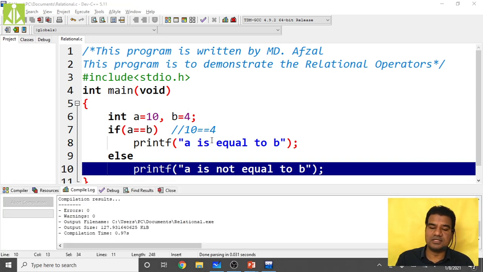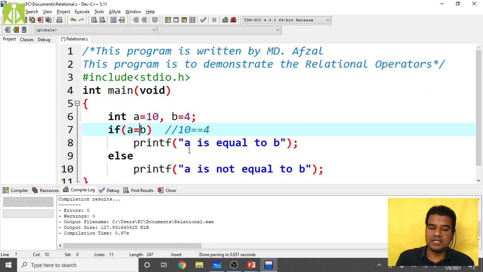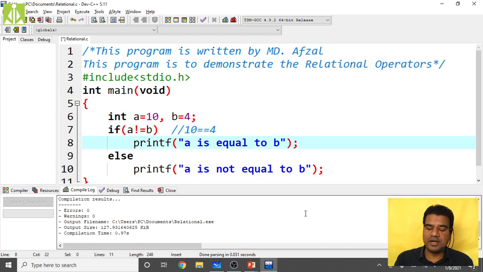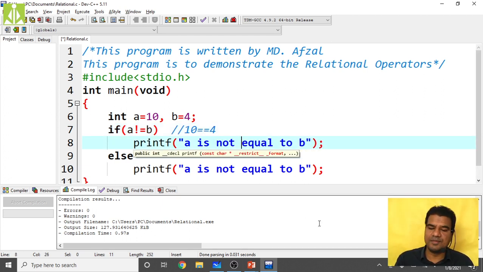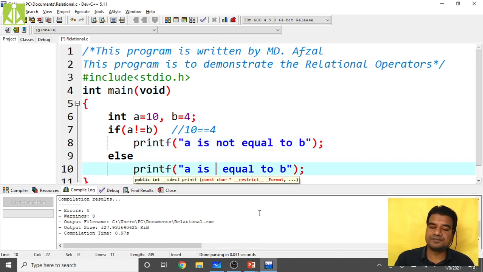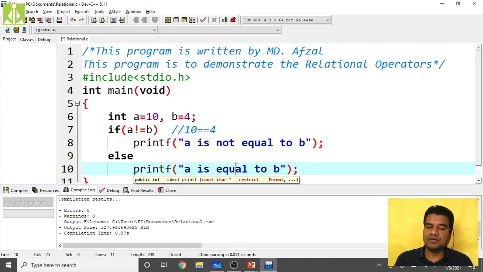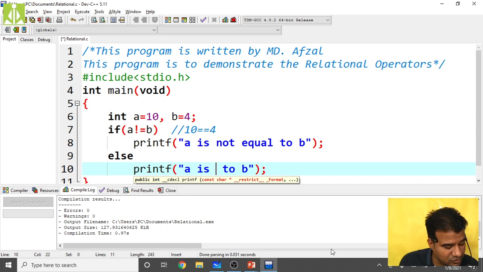So if I do it like this, instead of equals to, if I check the inequality, then what do I have to do? Inside the true block, whenever this goes to true, I have to print a message that A is not equals to B. And whenever this is false, I have to print a message that... not equals to means it can be greater, it can be lesser, it can be anything. So we should not put equal. Rather, what do we have to put?